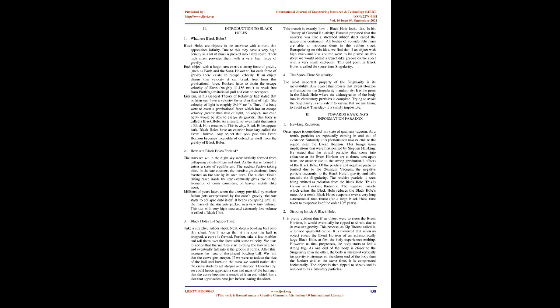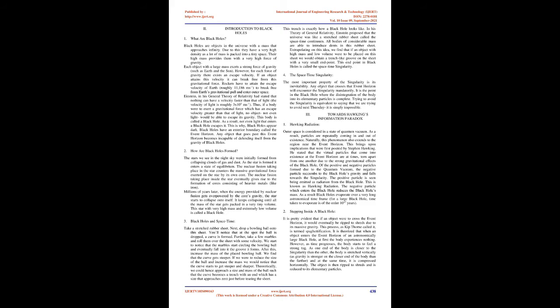How are black holes formed? The stars we see in the night sky were initially formed from collapsing clouds of gas and dust. As the star is formed, it enters a state of equilibrium. The nuclear fusion taking place in the star counters the massive gravitational force exerted on the star by its own core. The nuclear fusion taking place inside the star eventually gives rise to the formation of cores consisting of heavier